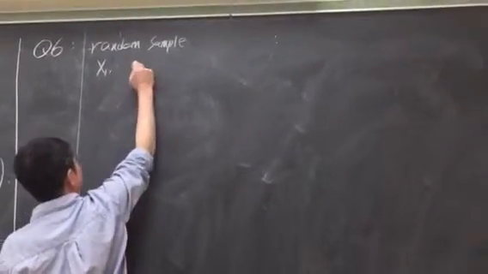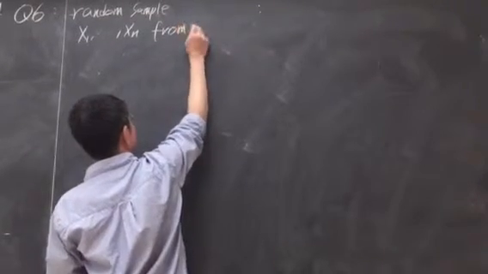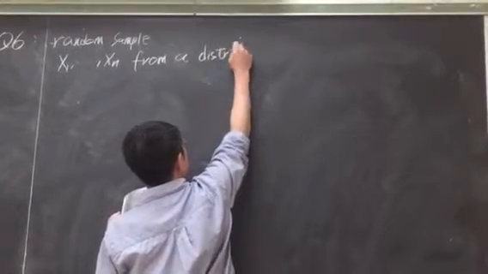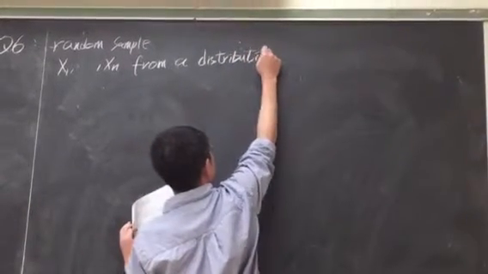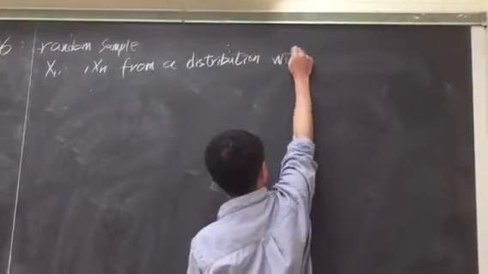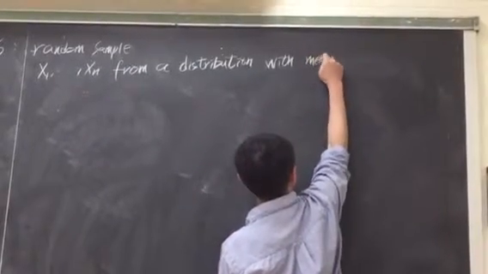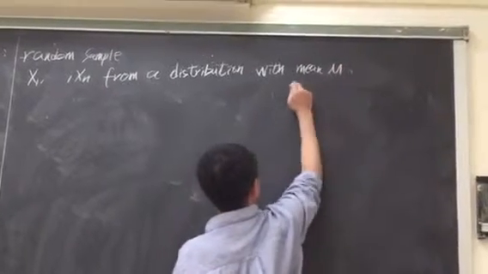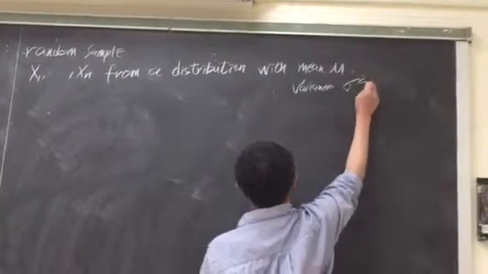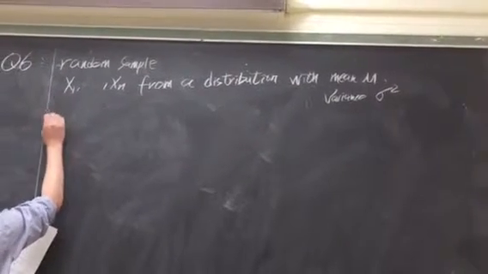x1, ..., xn from any distribution with mean mu and variance sigma squared. I wanted to show that the sample mean